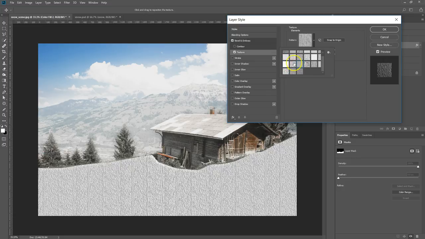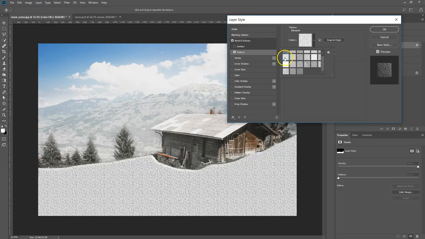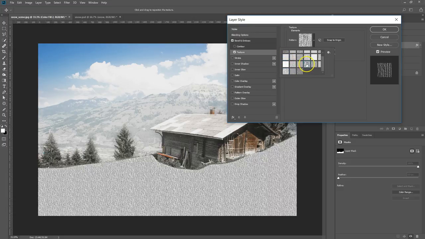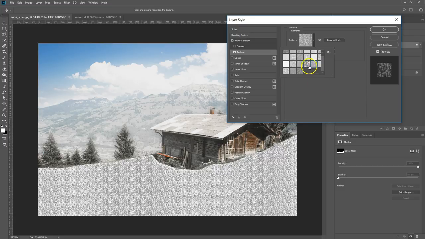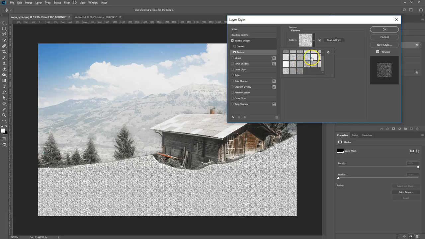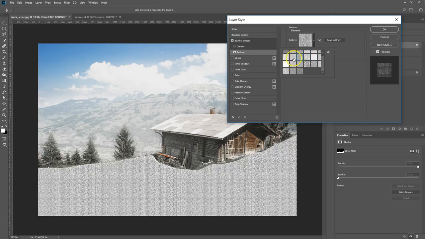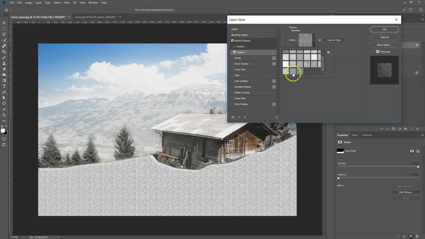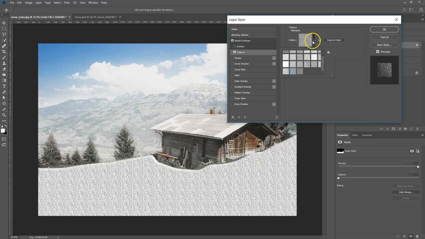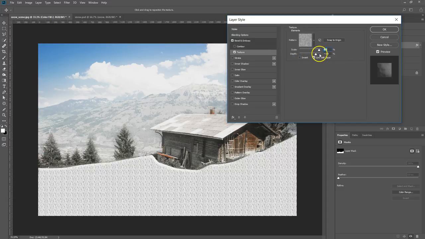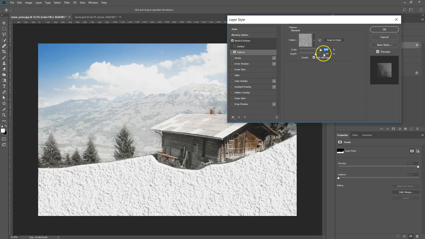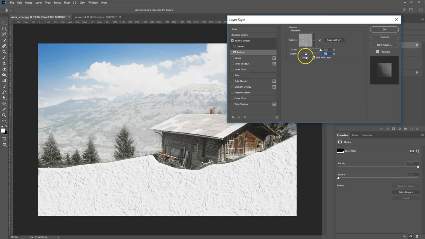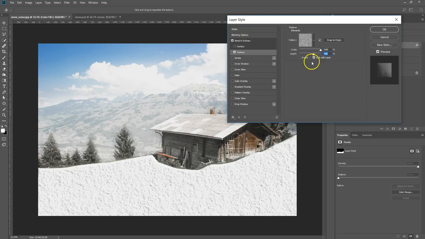And judging by this, I'm going to use a different one than I used the first time, but you don't want it to be too formal, so you want it to be scattered a little bit. Let's choose that one. That's the original one I used anyway, so I was just going through to see what they look like. So you can change the scale and the depth here. I'm going to have mine quite big just to change the scale a bit, so I've moved it up to 100. And the depth, that's up to you, how you want it to look. I'm going to keep mine at plus